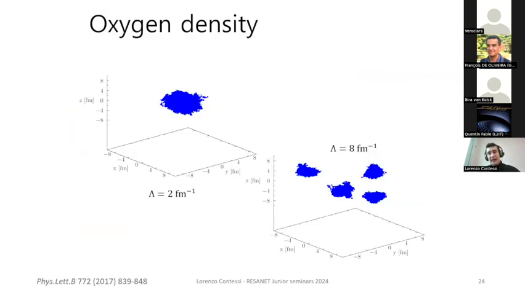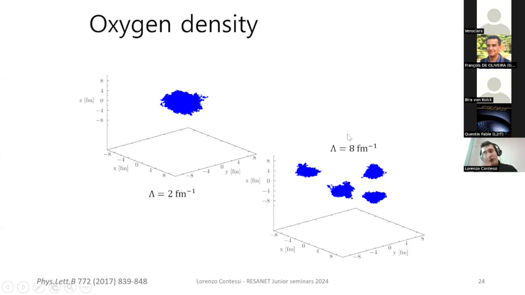And now this comes again. We skip the numbers. It's more interesting to see the plot. And here you see the problem that I showed you at the beginning of this section, which was also the problem of my PhD that made me struggle during my first years. If you use a small cutoff for oxygen-16 in pionless effective field theory at leading order, it turns out to be exactly what you would expect. So a nucleus that is stable, and the wave function, or in this case the density calculated with Monte Carlo methods, looks just like a blob. But when you increase the